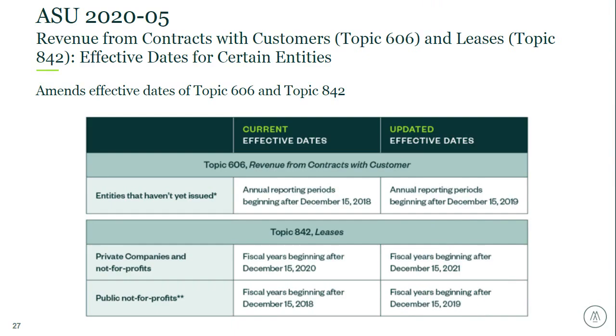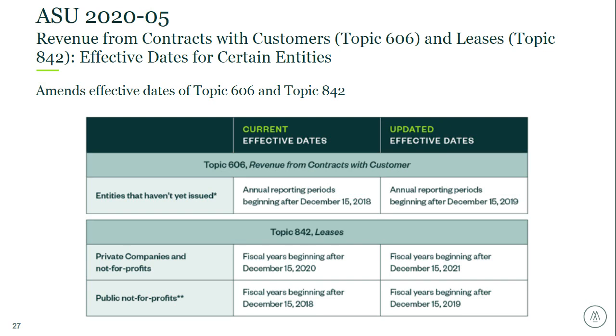The first one is the biggest good news, and that is ASU 2020-05. And this delayed the effective date for two of the more significant accounting standards to be implemented. And that is the new revenue recognition standards under 606 and the new lease standards under 842. So for any entities that had not issued their financial statements before COVID hit and before ASU 2020-05 was issued, there was an extension for the applicability of revenue recognition that would now be effective for annual reporting periods beginning